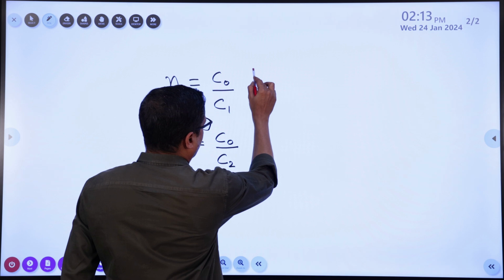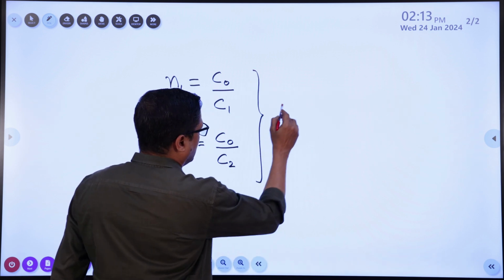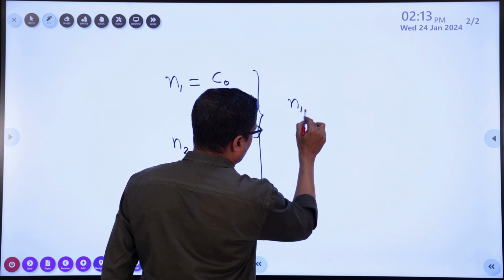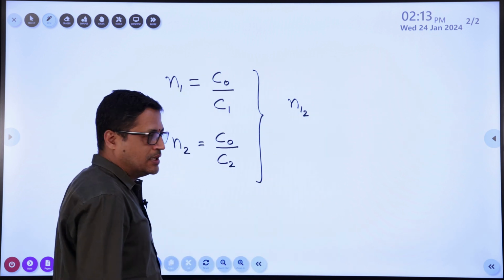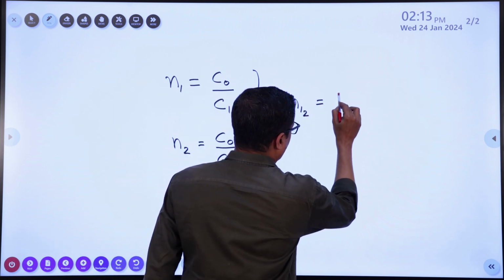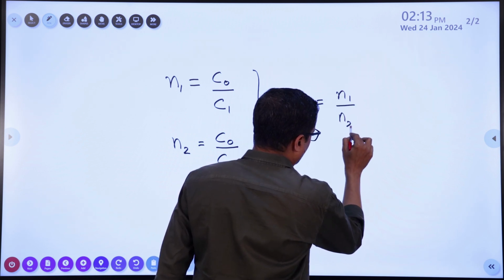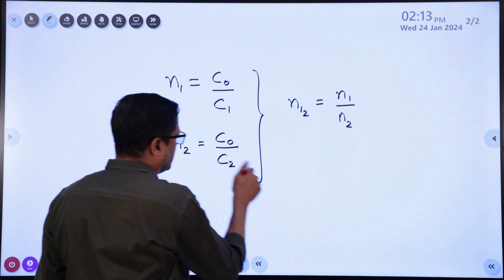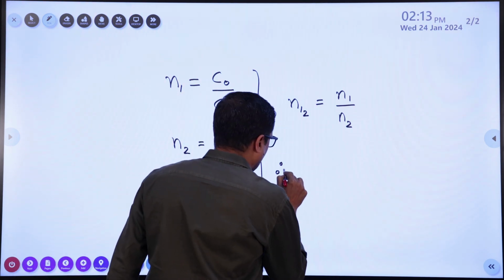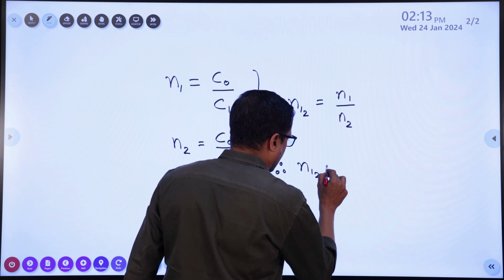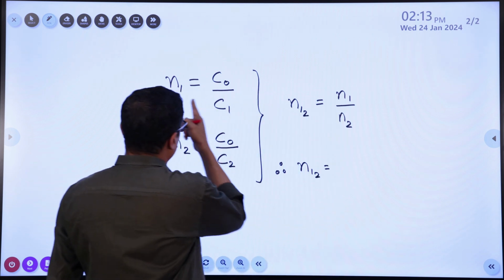Whenever light travels from one medium to another medium, then you can speak of refractive index of one medium with respect to the other medium. This is given by refractive index of the first medium by refractive index of the second medium. Now make use of these equations here. Therefore, refractive index of the first medium with respect to the second medium is given by refractive index of the